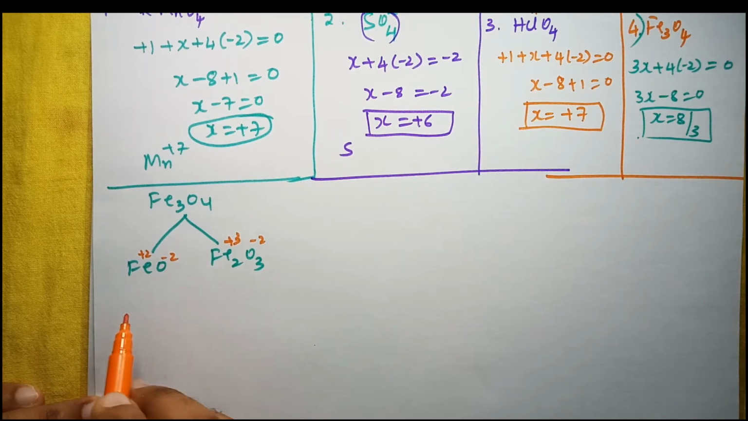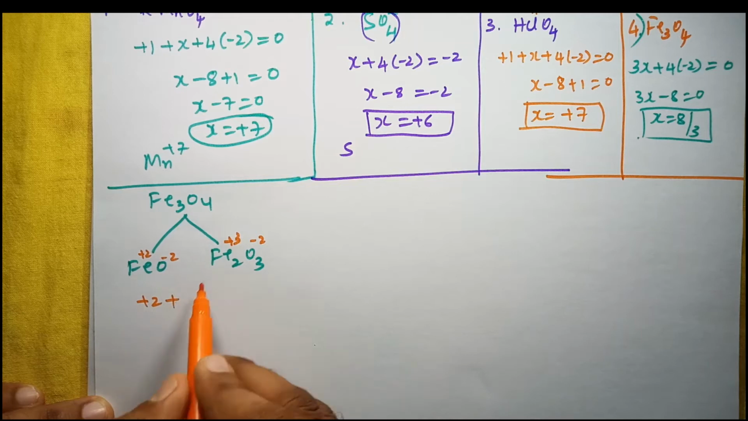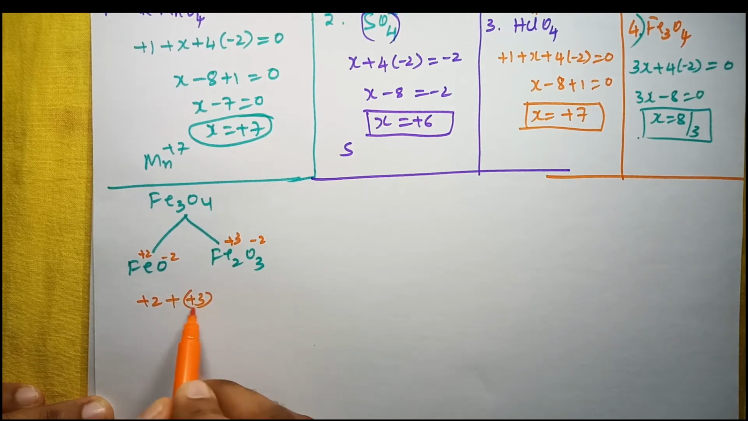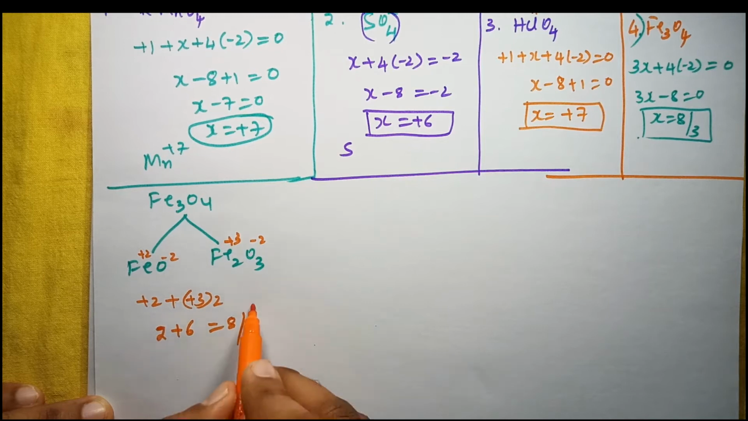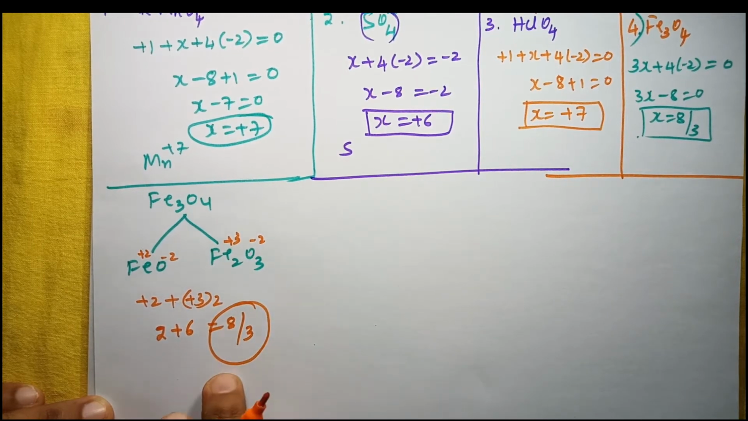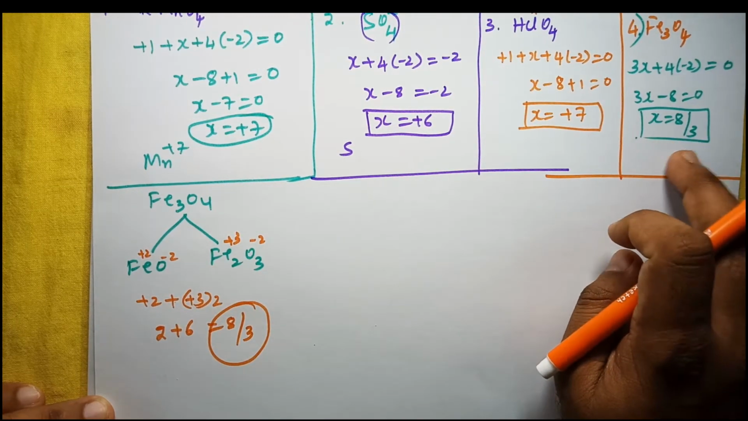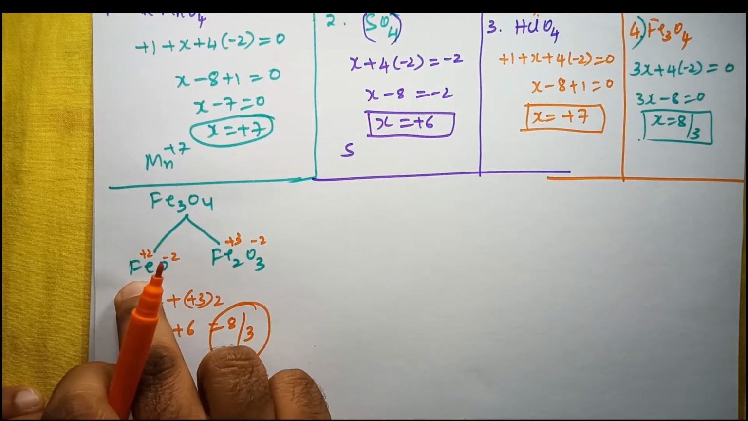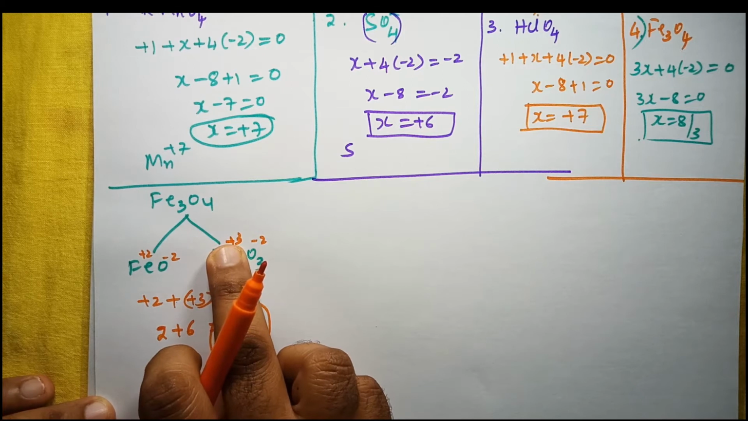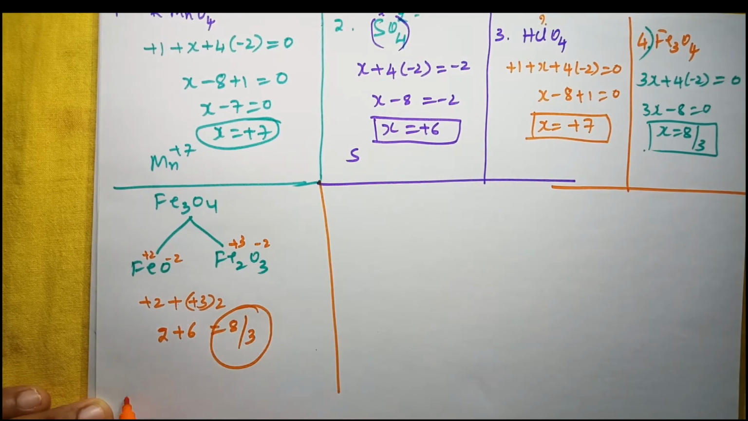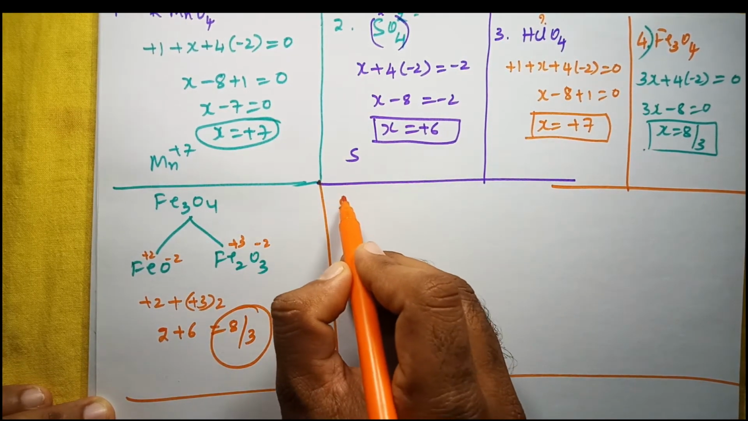So just add the oxidation state of iron, that is +2, and +3 into how many iron atoms are there? 2. So that is 2 plus 6, that is 8. How many iron atoms are there? 3. So we get 8/3 here. Like this, we get 8/3. Is it clear friends? One iron exists as +2, another iron exists as +3 oxidation state. So let's move on to the fifth example,